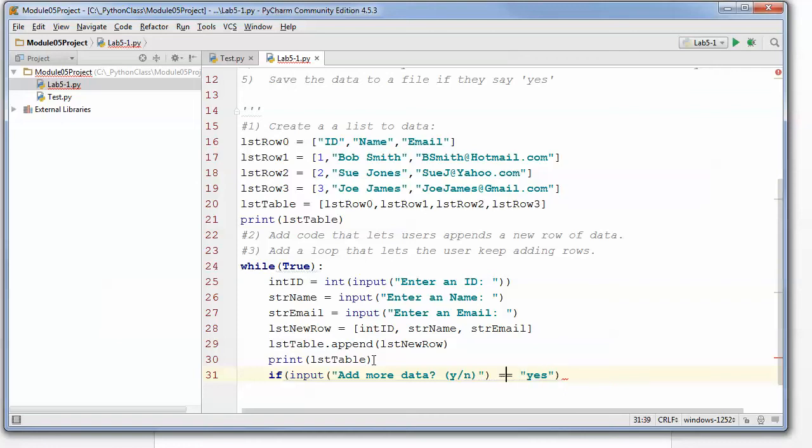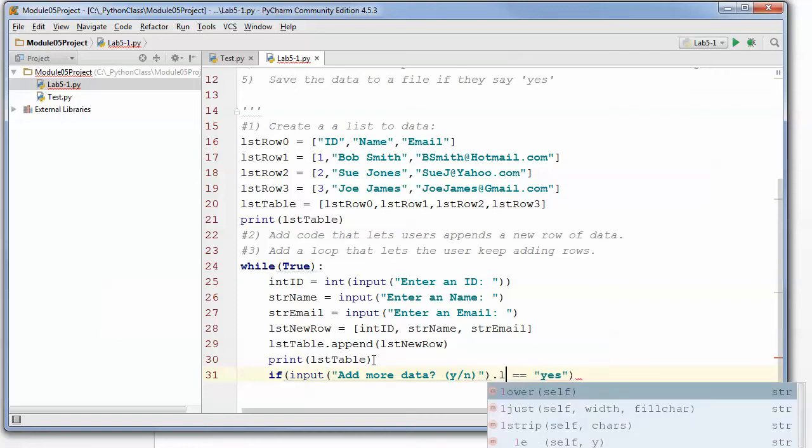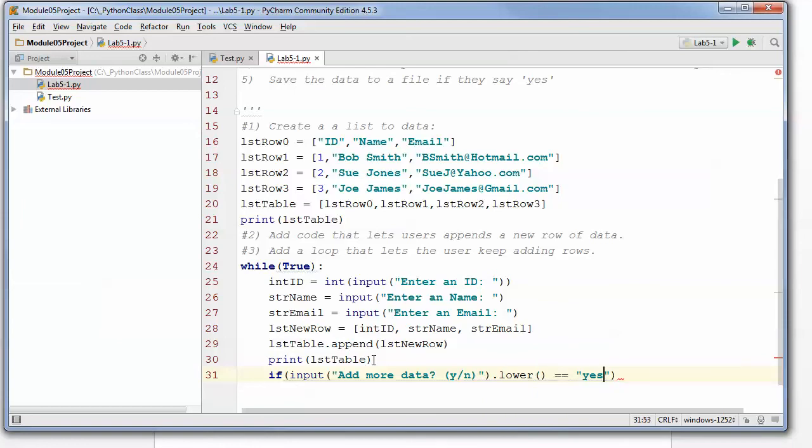And let me convert that over to lowercase so that it won't matter. And if they say yes, we will continue. Otherwise,